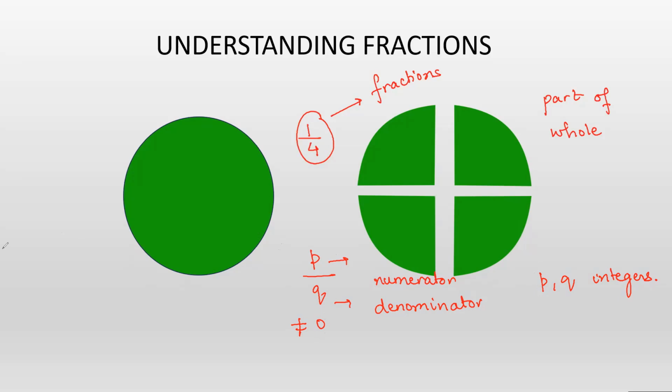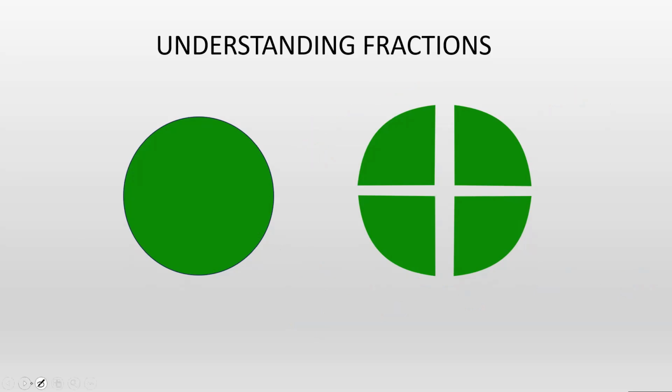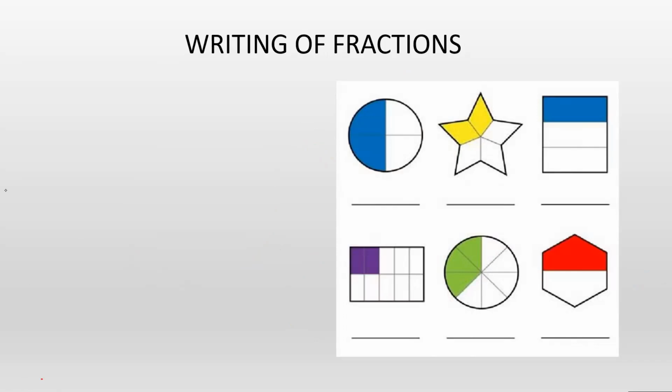Now with this, let's understand some examples. Let's write the fraction. So in the first part over here, we know how many total parts are here? 4 parts. So in the denominator are the total number of parts and 2 parts are colored. So the fraction becomes 2 by 4. Hence we can write it as 1 by 2. Now again in the second part, we have how many total number of parts? 5 and number of colored parts are 2.